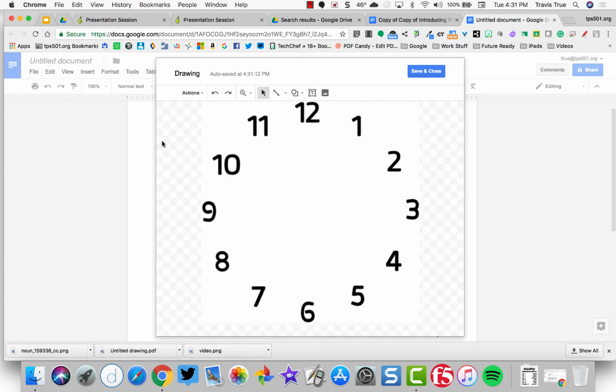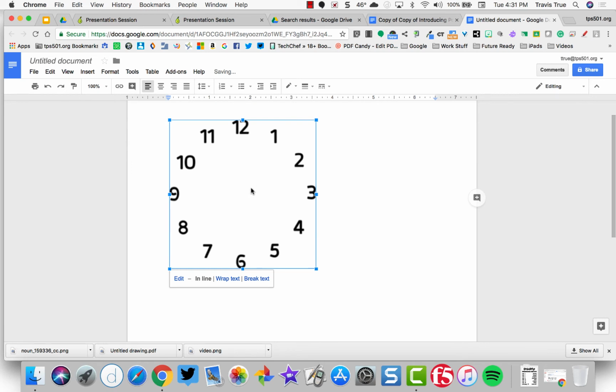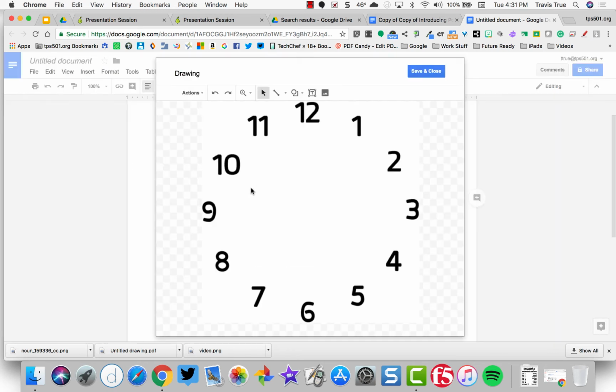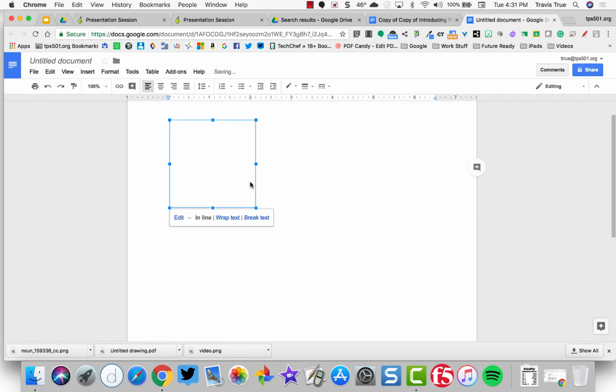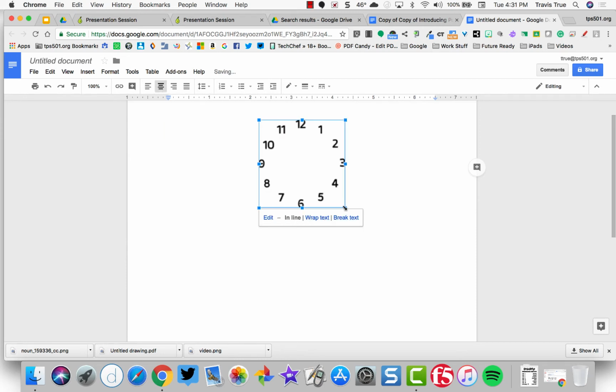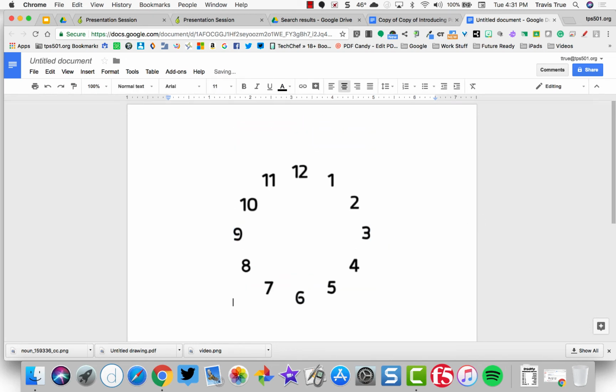I would leave it transparent because if you have the rest of the document a different color, then this kind of blends in. And so I'm going to click Save, and it puts it in like a picture. I can resize this. It's still a drawing. If I double click on it, it opens up in the regular size. So you can resize it down kind of small and have some different ones on there if you want. So I can center that in the middle. I'll make it a little bit bigger. Above here,